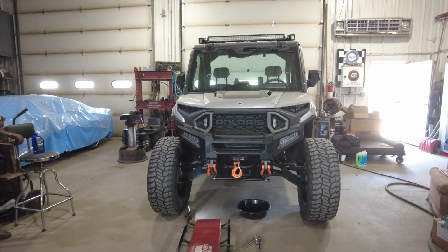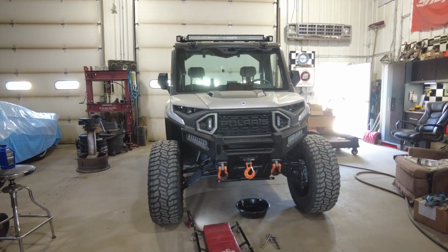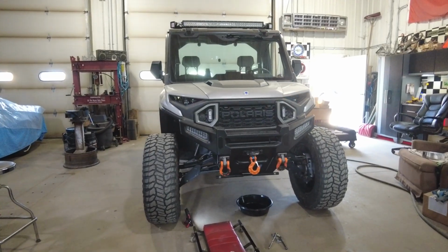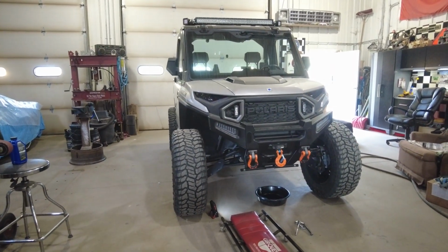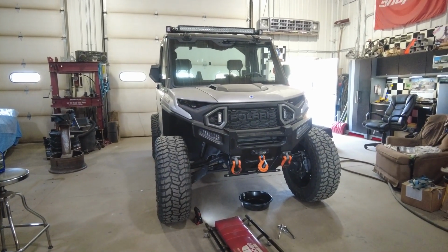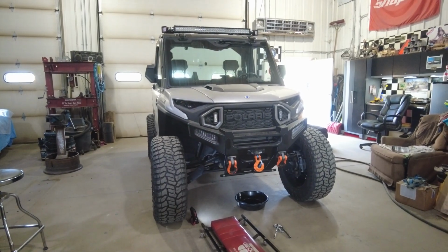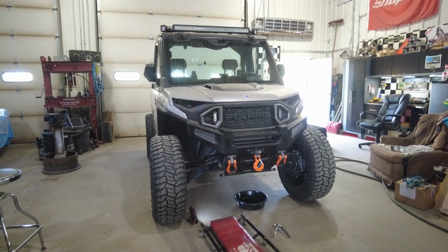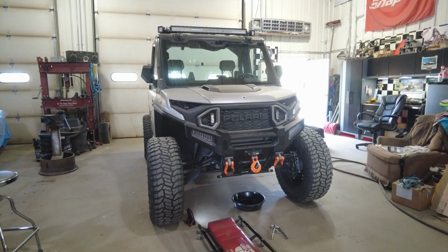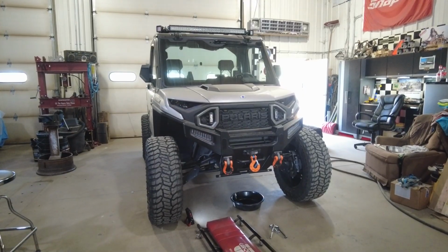Today I'm going to be changing the fluid in the front diff on my Ranger 1500 XD. The front diffs on these machines, the 1000 and all the Razors and stuff, are fairly small. They don't use a lot of fluid, so it's a good idea to change that as often as you can, or as often as they say, I guess. I'm doing mine a little early, but